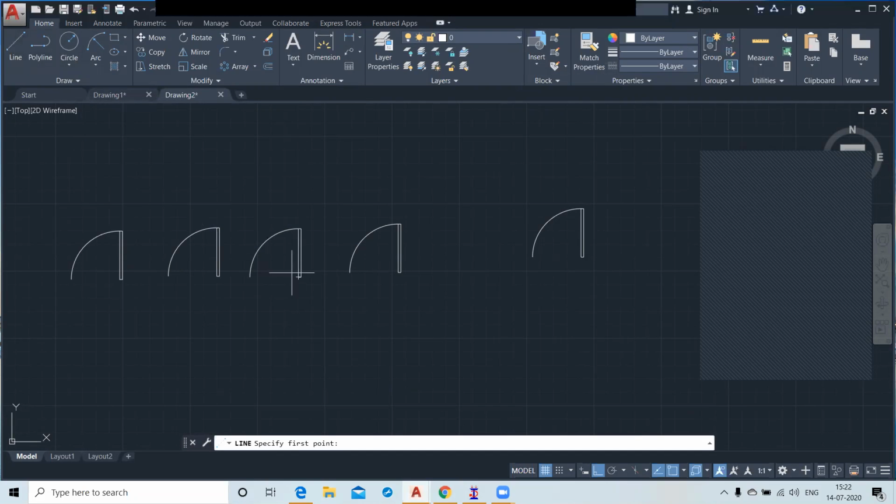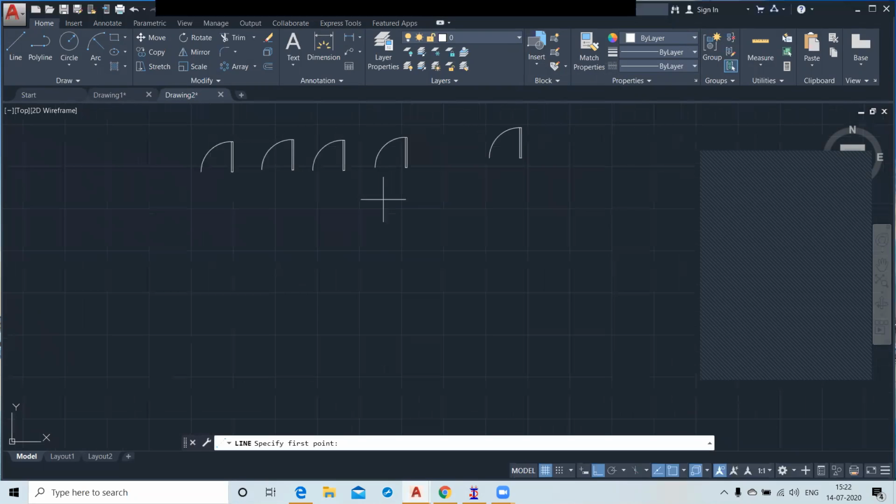If you want to create a block of your bed, the bed length is 6 feet and the width of your bed is 5 feet. So easily you can create the symbol of your bed.